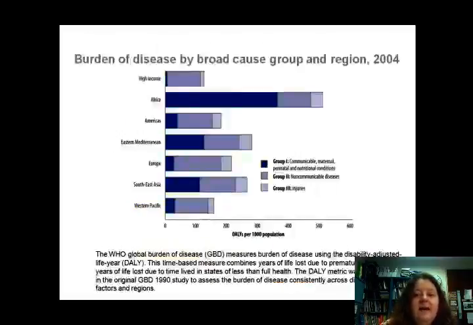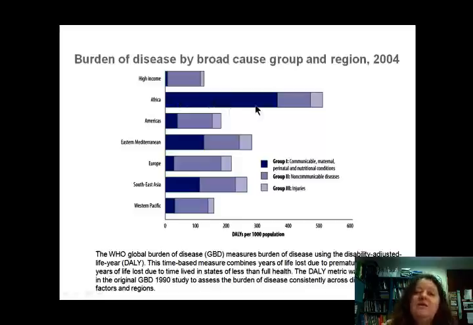Here again, another graph showing you the locations of these diseases. So we're seeing communicable diseases are the darkest blue. Non-communicable, so that would be those chronic kinds of diseases, are the medium blue, right? And injuries is the light. And you can totally see high-income countries, again, those communicable diseases, really little. Non-communicable, that's it. And then Africa, oh gosh, look at that, communicable diseases.